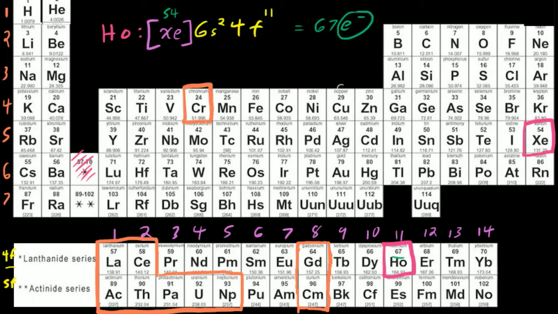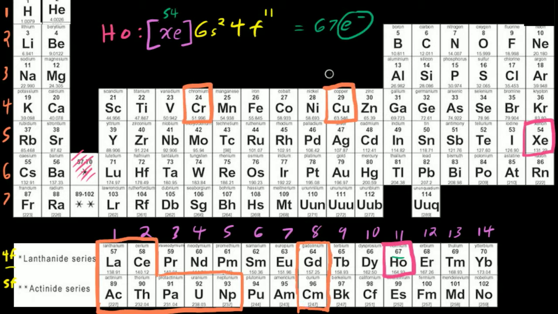So I'll just circle these, copper and chromium. But there's a certain amount of stability associated with having an exactly half-filled electron subshell, rather than having one electron past a half-filled electron subshell. So essentially, these two elements, they're under our 8th position in our F block here, GD and CM. These are exceptions, and they're a bit more predictable why they are exceptions to our rule for electron configurations, because